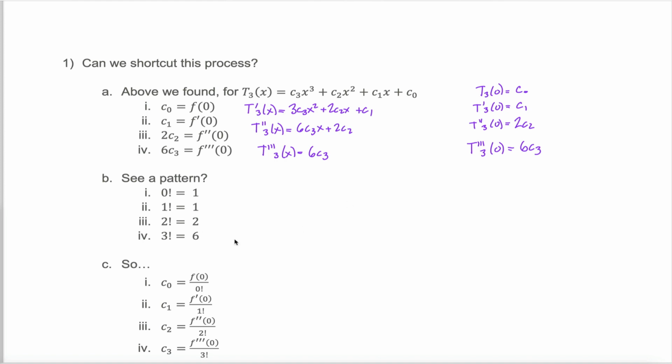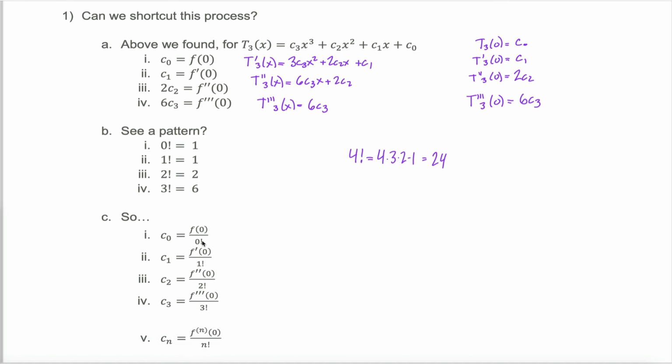And in case you're uncomfortable with this notation, this exclamation point, which means factorial, 4 factorial, for example, is defined to be 4 times 3 times 2 times 1. In other words, 24. So that's where this 6 comes from. 3 factorial is 3 times 2 times 1, which gives me this 6. 2 times 1 gives me 2, and then 1 is just equal to 1, and 0 factorial is a little bit weird, but it makes sense to define it as 1 for reasons that we won't even talk about in this video. The fact that the numbers out in front of these coefficients are predictable is really nice,